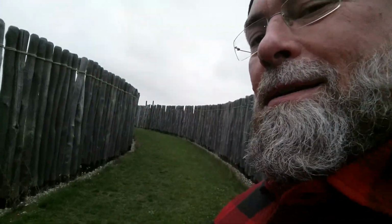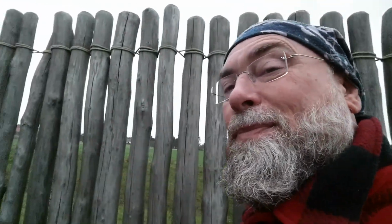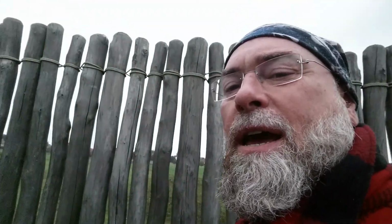And you'll probably notice I've got a whole load of wood built around me here. Now, this is quite a special place. This is a double palisade. I'll take a walk around. But this is the Goseck Solar Observatory. Roughly just under 7,000 years old, they say. And it has been built to indicate important solar events like equinoxes, direct north, and I think the entrance or